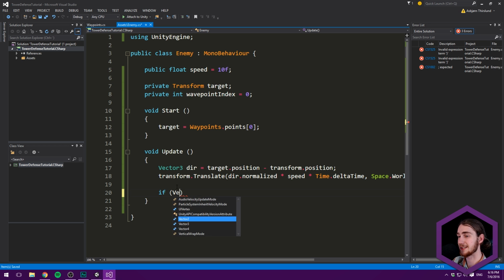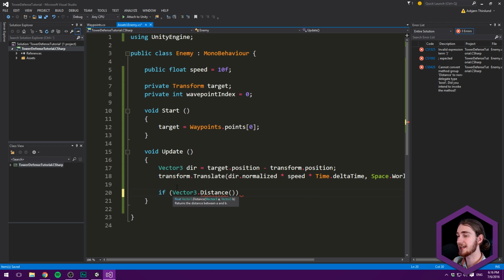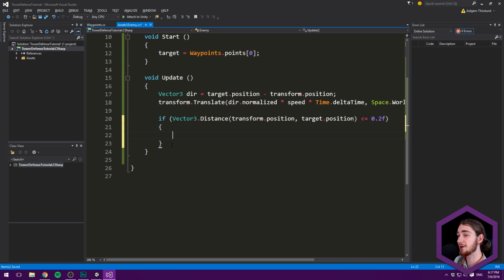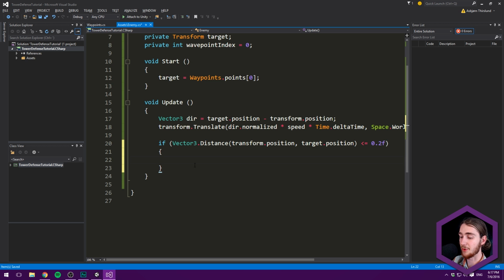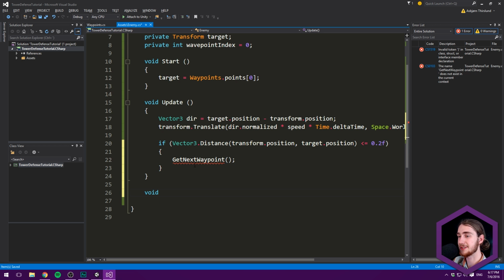So that's what we're going to say here, and we're going to check for the distance by using Vector3.Distance, and then we give it the first point, which is our position, so transform.position, and the second one, which is the target.position. If that is less than or equal to 0.2 units, well, then we've reached our waypoint, and then we want to get next waypoint like this,